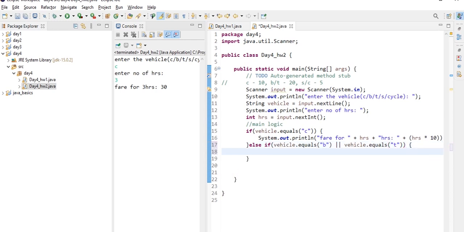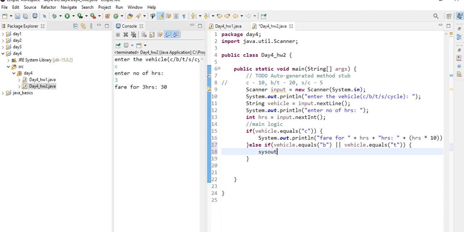If vehicle is equal to B or vehicle is equal to T, that means we are going to print something here. In our case it is the parking charges.